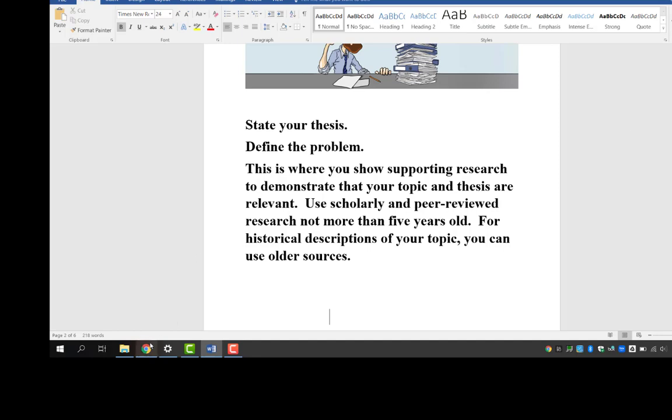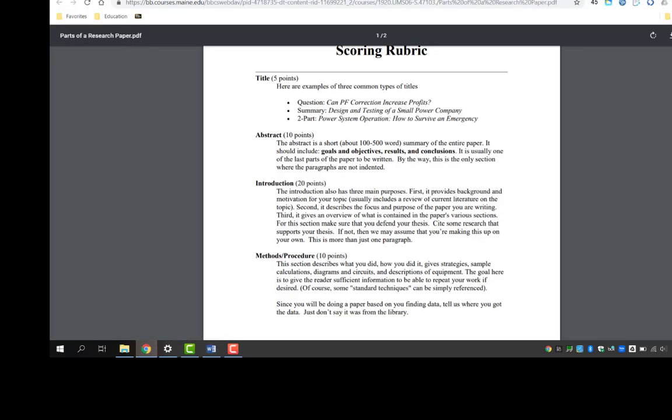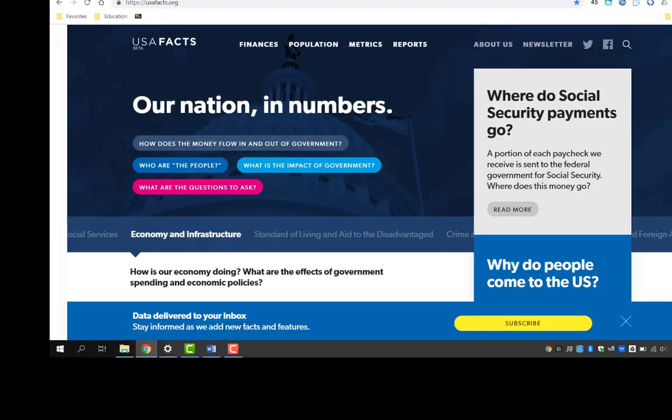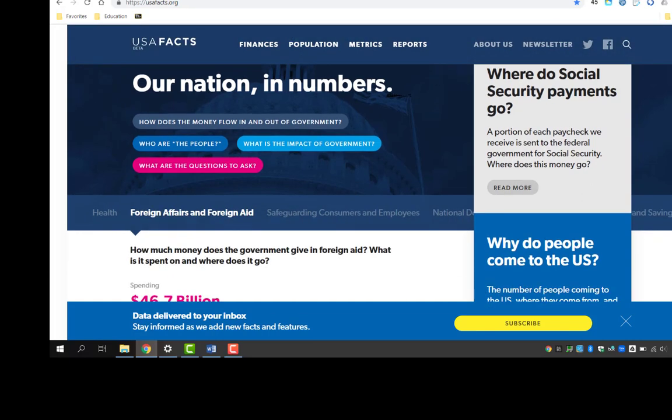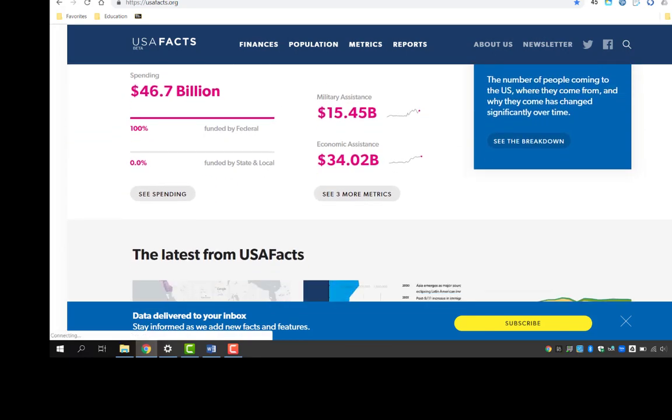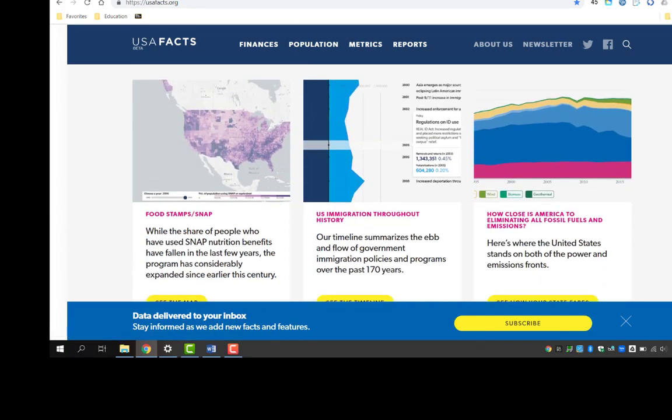Okay, now let me show you a little section on here that you can find. This is called usafacts.org. It was developed by Steve Ballmer, who was one of the primary people in Microsoft. He also owns a basketball team in Los Angeles, the one that's not called the Lakers. So there is plenty and plenty of information here that may get you started towards a paper. So I suggest that you look up